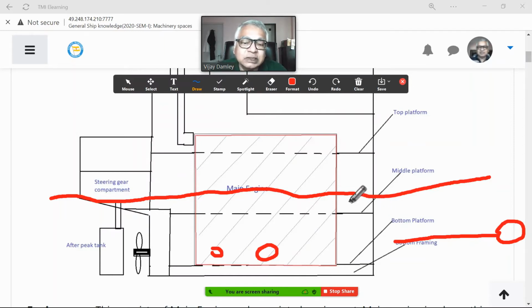Those are generally placed on the middle platform. Then auxiliary engines and all are placed there. So fuel is generally handled on the middle platform. On the top platform, you generally see some small equipment here and there. Anything related to recovery of waste heat.